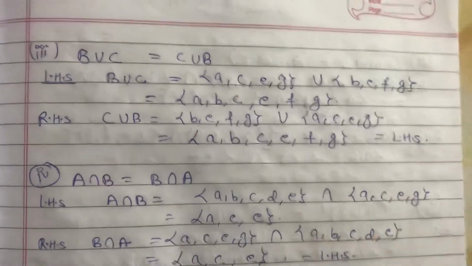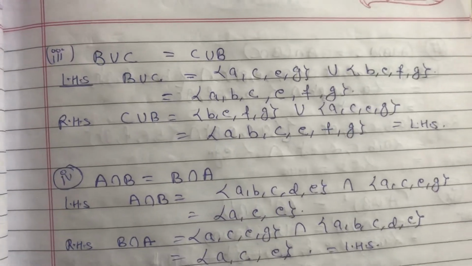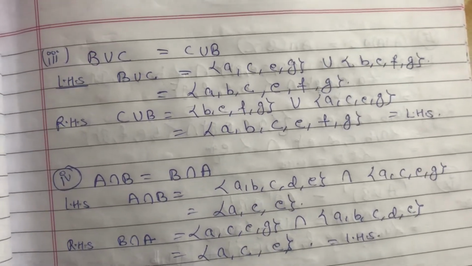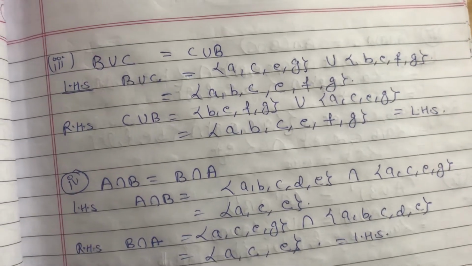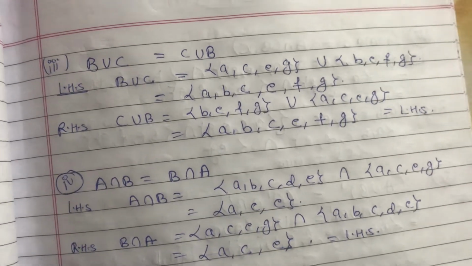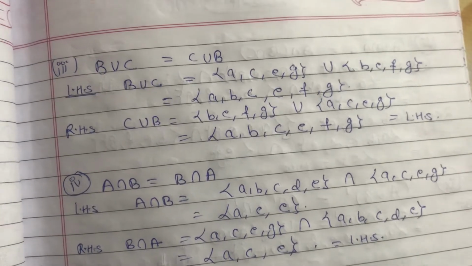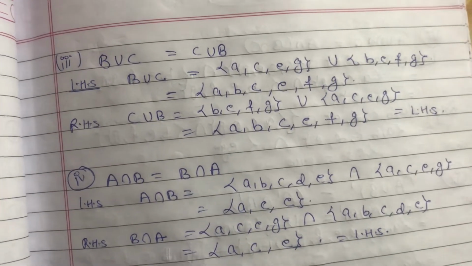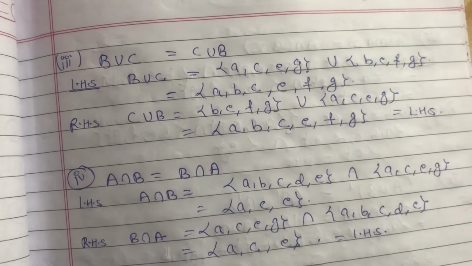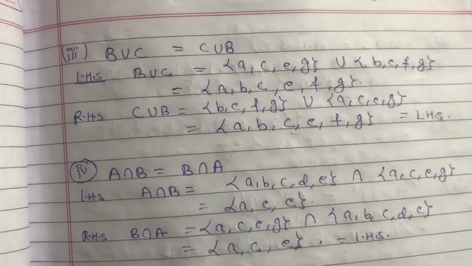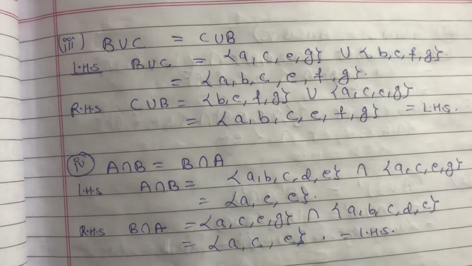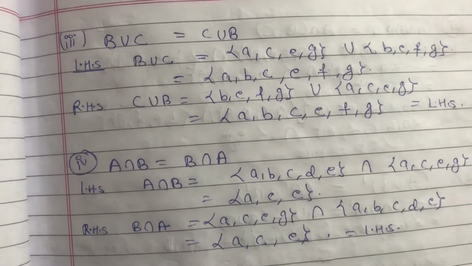So at last, I just want to explain union again. Whenever we find the union of two given sets, we list all the elements which are present in either set A or in set B, without any repetition. So no elements we should miss out. All the elements should be listed. So that is what we mean by union. If you still have any doubt in union, then you can refer to my previous videos.